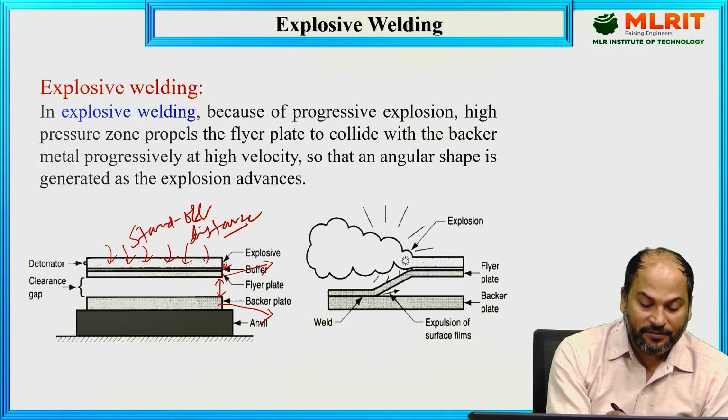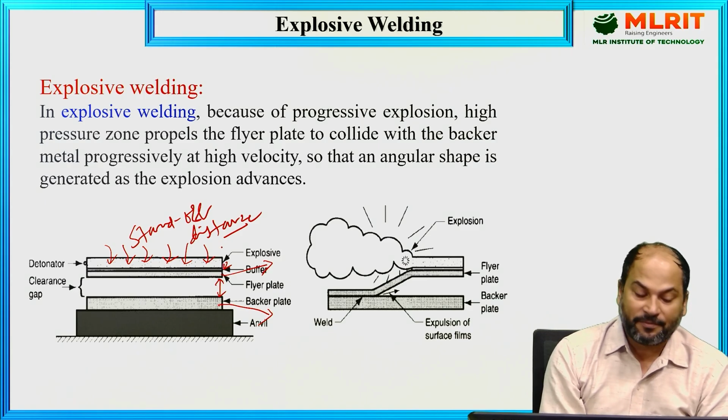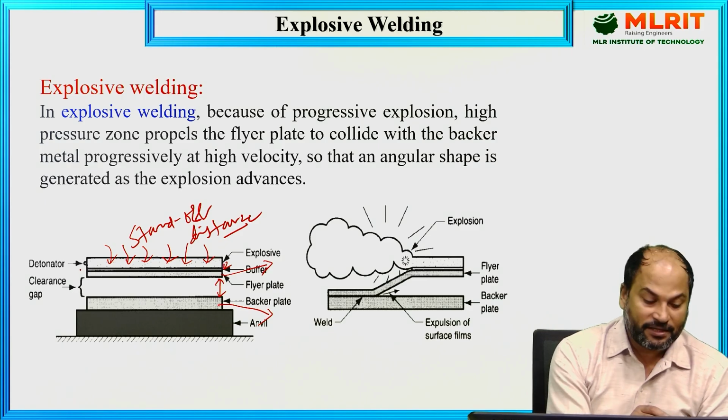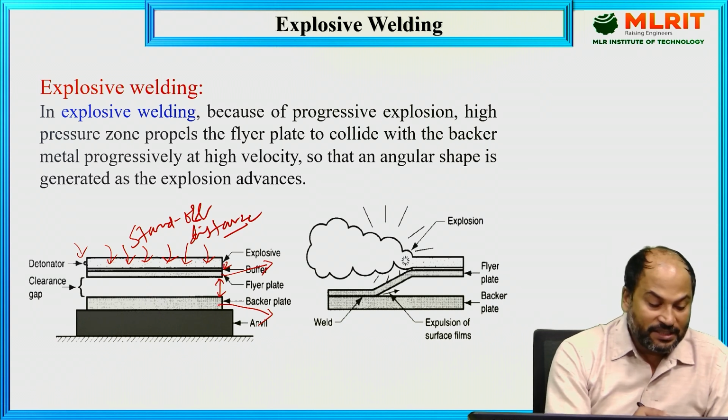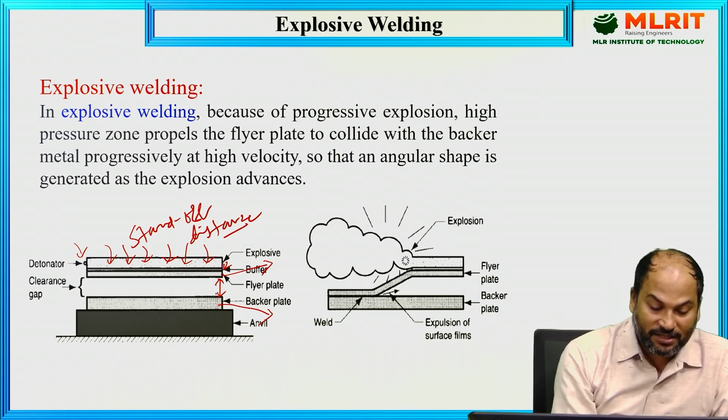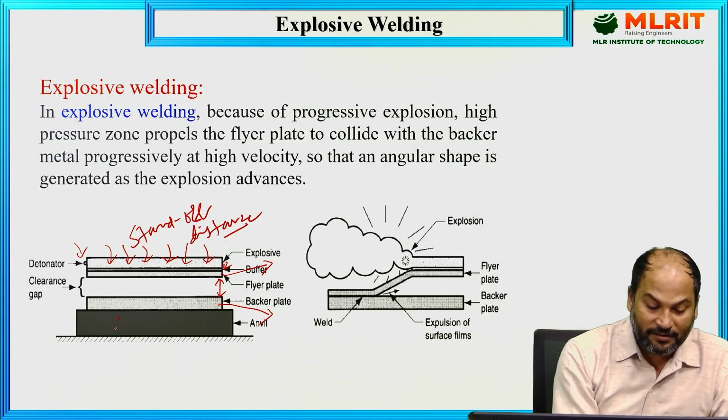It is completely filled with the explosive on the flare plate, and you have a detonator here. The detonator is okay, we can ignite this one. So this distance is there. This is the clearance or standoff distance, and at the bottom there is the anvil, which is fixed. Actually, this is the anvil